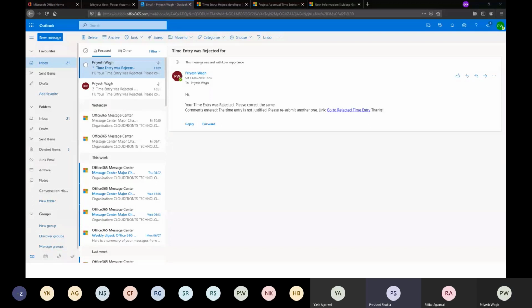Let's say there is a resource who is deployed on a project for 2 days a week, and we want to auto-approve it because we know that he's working on a project, and that's a practical scenario, right? You don't want to go every time and approve it because they're deployed at a client for 2 days a week for sure. Is there a way to auto-approve it within PSA, or will we have to use Power Automate?